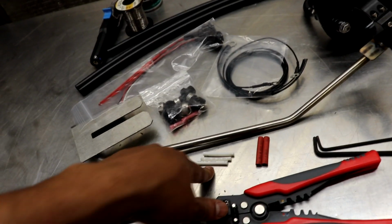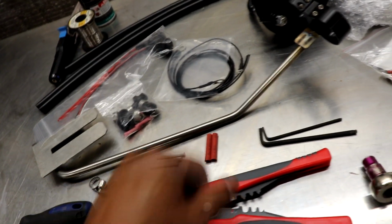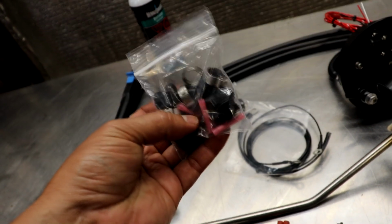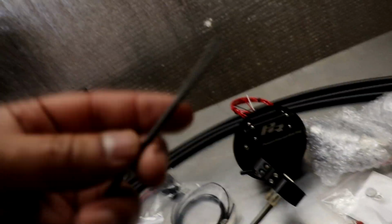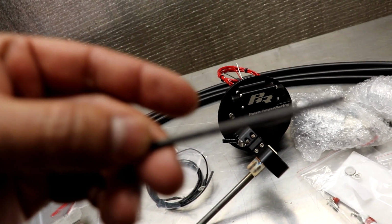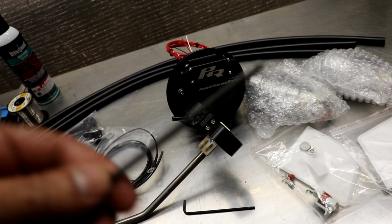A few of the wire shrink wrap, two for the fuel pumps on the external side, and of course the crimp connectors that are right there, the pink ones, that will be for the fuel sending unit, and then also these crimps for the fuel pumps. And oh, very important, these are for the smaller nuts. The cap socket screw is a 764 Allen key, and then for the bigger ones, the grounding lugs, it is,